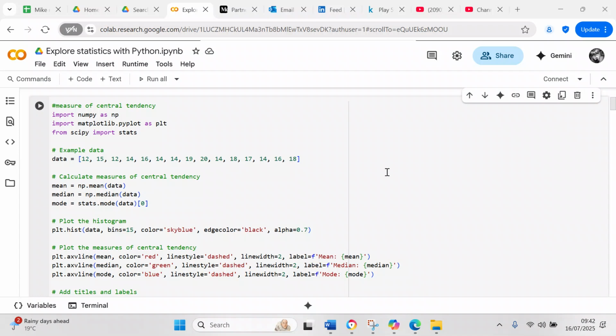In this video, we're going to talk about the measure of central tendency, and we're going to calculate the measure of central tendency using Python. So basically, in order to calculate the measure of central tendency, the first thing that we need to do is